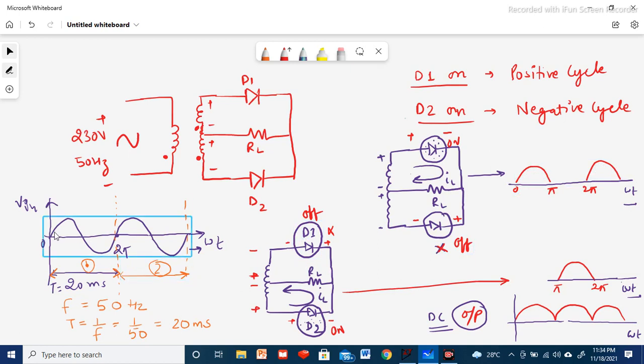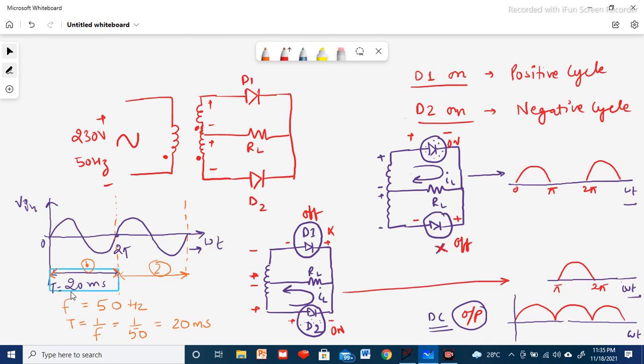As you can see here, I have also explained the input signal. The input signal has some variation from 0 to 2 pi, then 2 pi to 4 pi, so it is divided into two cycles. We know the frequency is given as 50 hertz, so we can calculate the time period of one cycle, which is 1 by 50, that is 20 milliseconds. We'll be using all these parameters when we define our input signal in LTSpice: how to define the frequency, time period, and number of cycles. So we should calculate the time period depending upon the frequency, and it is also required when we are doing the transient analysis.